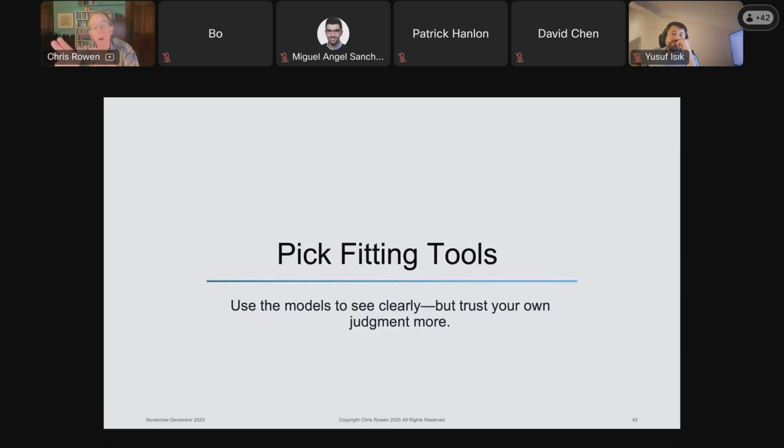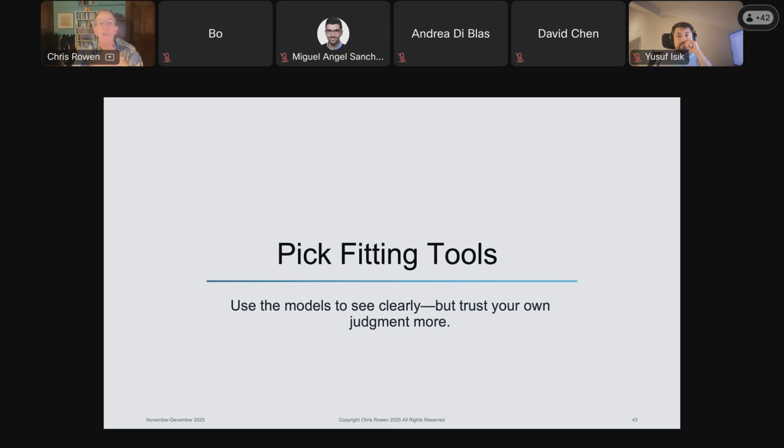So now we're going to shift a little bit and see what kind of tools are available to help you. So these tools are each ways of bringing a specific set of insights. And the caveat that goes with using tools is first that you really need to understand the tool and get the most out of it that that tool provides, but you have to trust your own judgment too, because sometimes